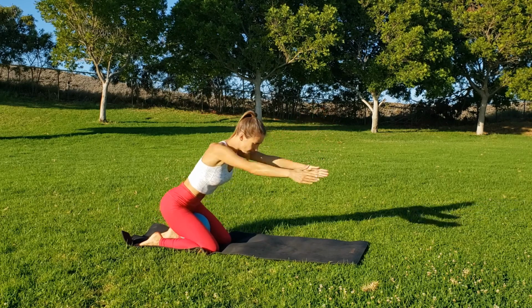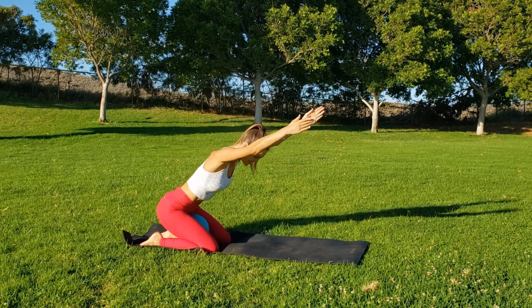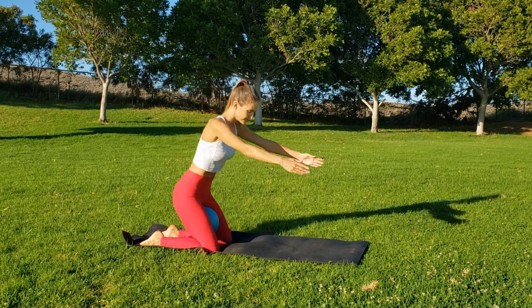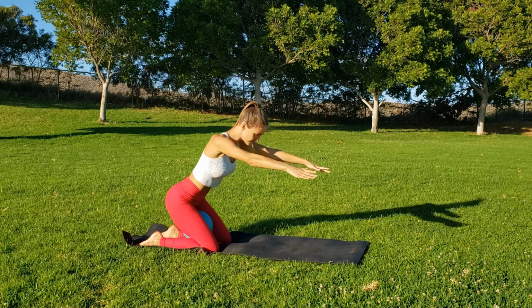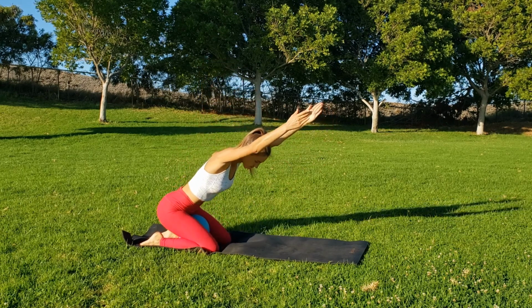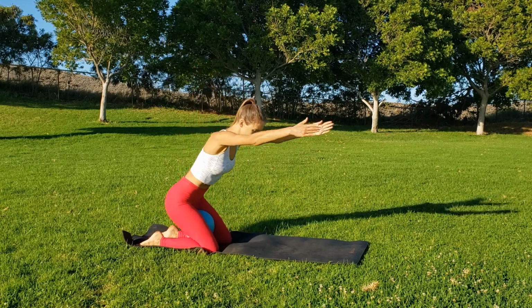Come down and up. It's a slow and controlled movement. Add a little press back with your arms as you return to that starting position to engage your triceps. Last 2 slow. Last one here,